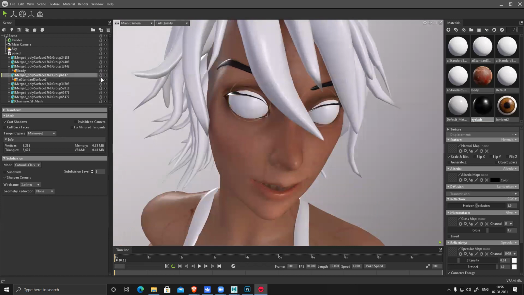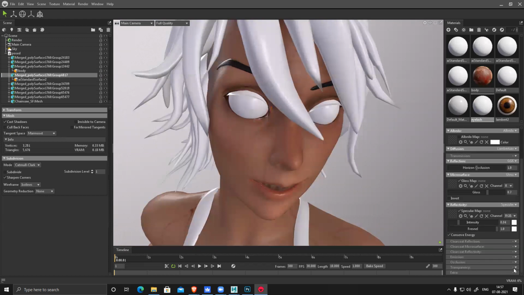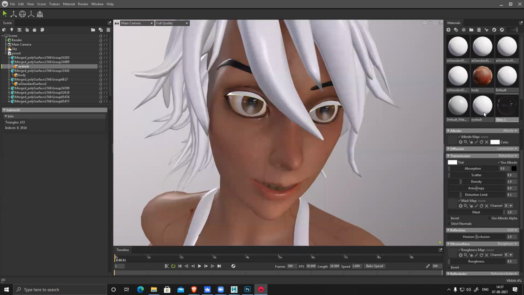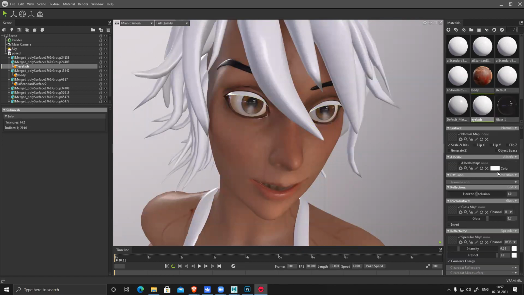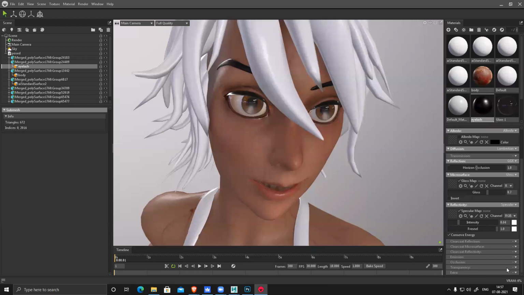Well, this is the lens. So for the lens, the color is not required. For this, I'll just use a glass which is already there. Just drag and drop, it becomes glass. Eyelash. Black. Transparency. Cutout.